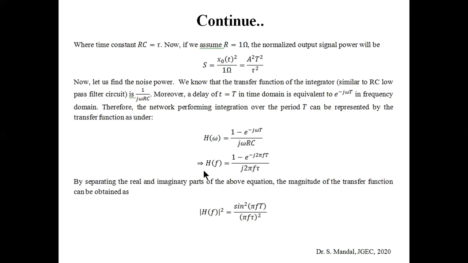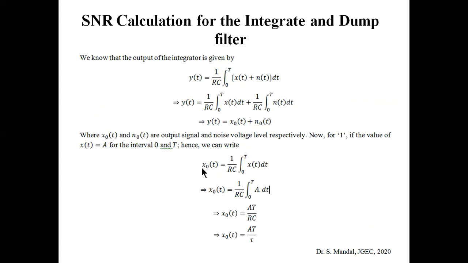Okay, so coming to the next part, we want to calculate what will be the SNR, that means signal to noise ratio. It is a very important parameter to measure the efficiency, or the figure of merit, for any kind of communication system. SNR is nothing but the ratio of signal power to noise power. So we need to find out the signal power for this case, and then calculate the noise power for this particular case, and then if we make the corresponding ratio, we get the SNR.